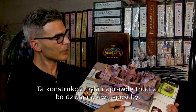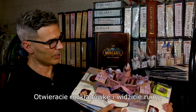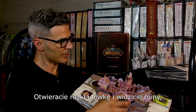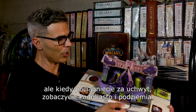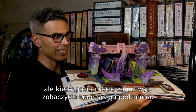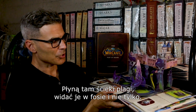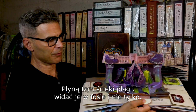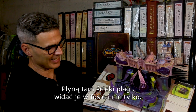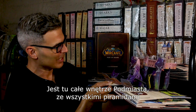So this pop-up was really difficult because there are two different modes. You have to see it, it opens up and you see the ruins, and then you're able to pull it open with a pull tab, and then you can see the undercity underneath. And so the scourge is flowing. You can see it in the moats and everything like that. And the interior of the Undercity and all these cool